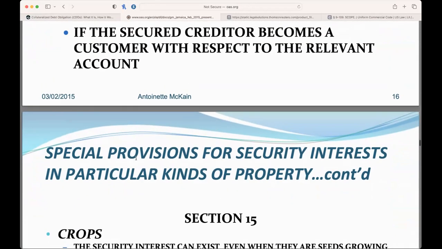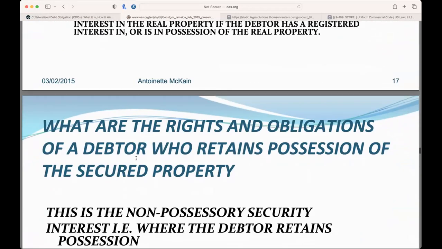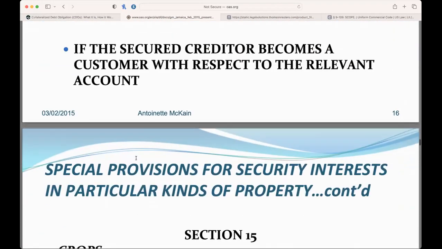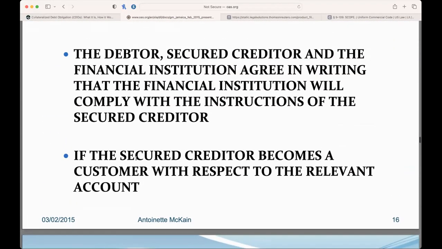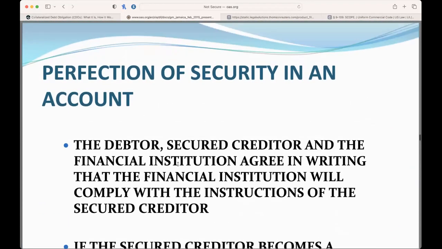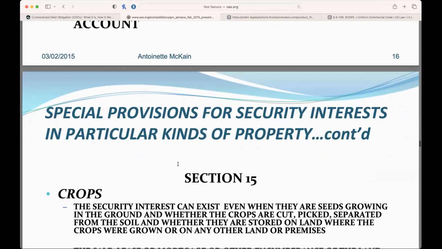So why did it just kind of start reading and stop? I guess that was like the end of it. So if the secured creditor becomes a customer with respect to the relevant account, I thought there was more. So I guess that was like, um,